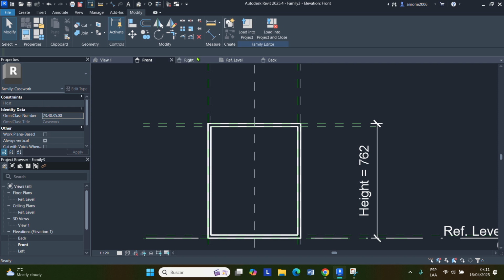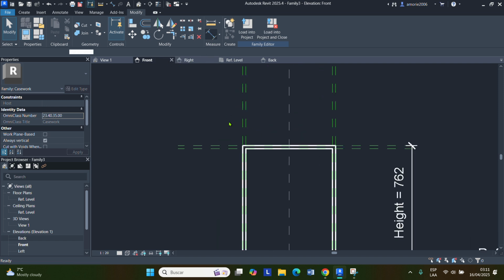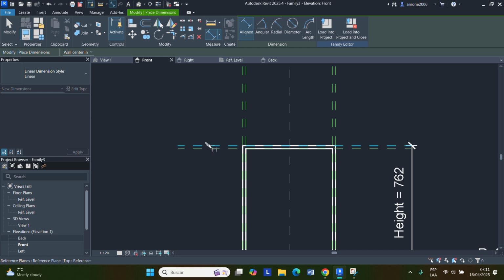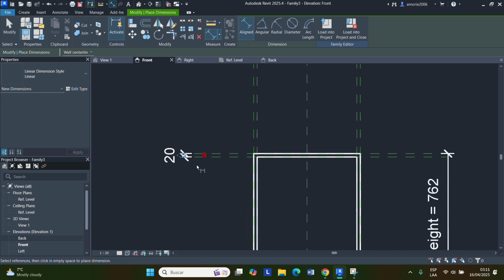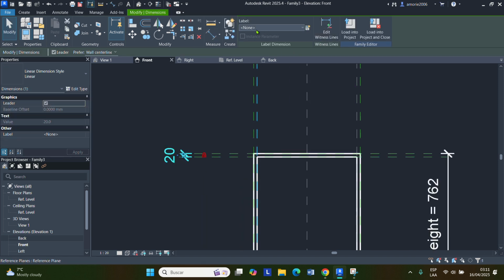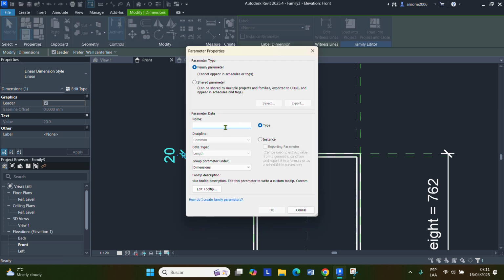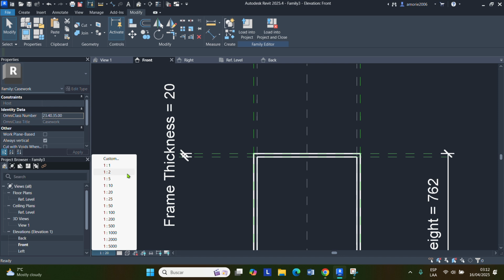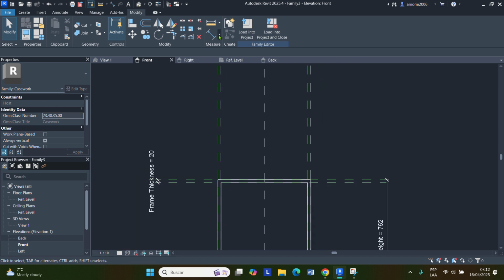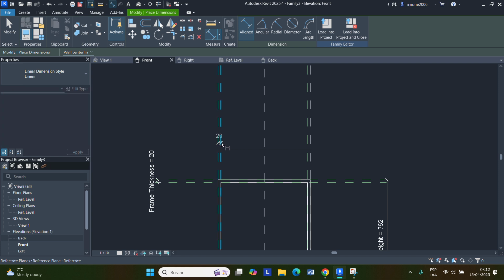After this, we will go again to the front view, and we will create some measurements from here to here. Sorry, from there to there, and we will lock it. Now this measurement, we will go to labels, and we will create a new label called frame thickness. This will be on type, and we press OK. Okay, this is too big, so we're gonna change the scale to 110, and we're gonna repeat this measurement on all the places that we made